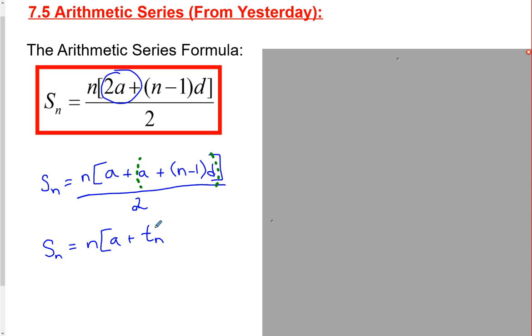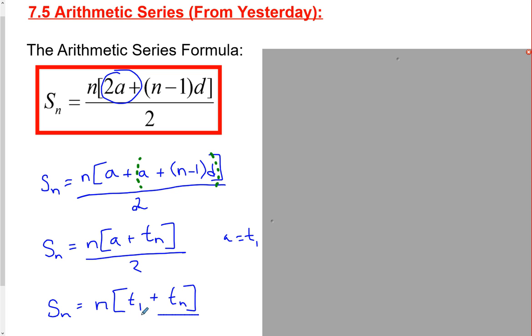So if we already know our general term, say we're given it or it's easy to figure out, we don't have to plug all of that in. We could just plug in our general term that's already maybe been simplified a bit. So this is a simpler way of writing that formula if you're starting with a bit of extra information, if you're starting with that general term. Now I'm going to write A because we know that A is equal to the first term. A just means the first term. I'm going to rewrite this. So we've got term 1 plus the general term. This would also be considered our last term